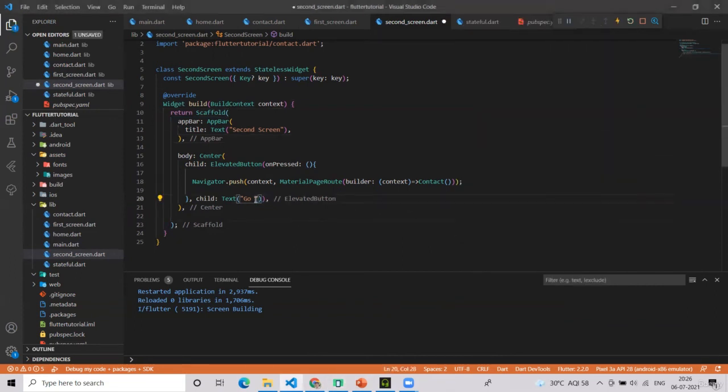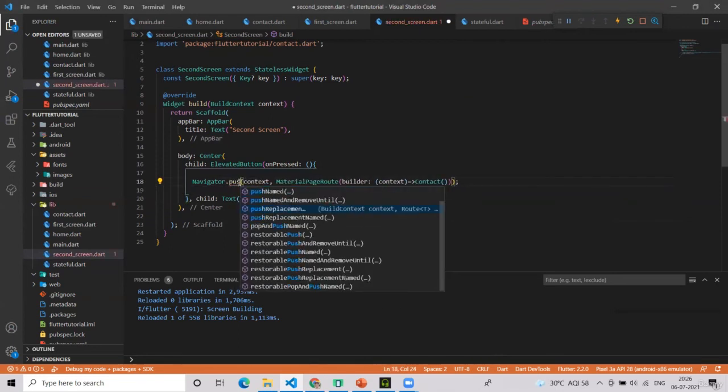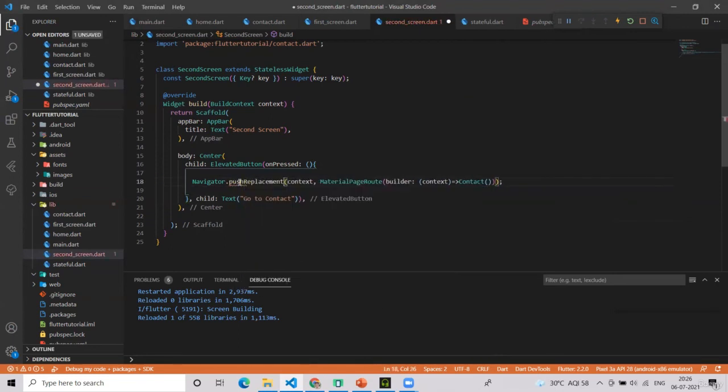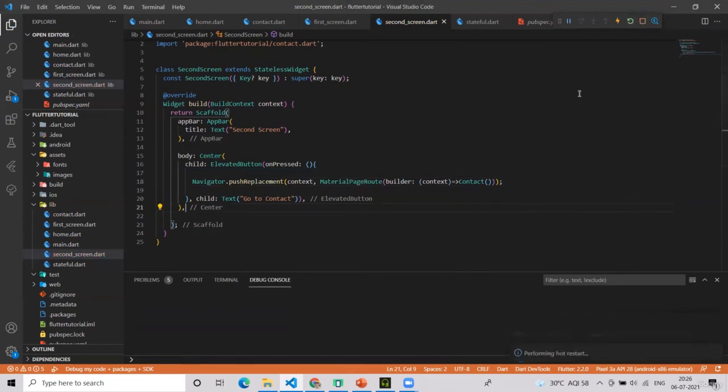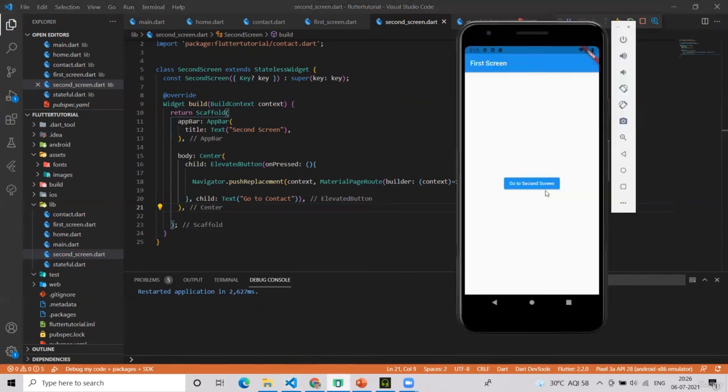But suppose from the second screen, I will use push replacement. Now, what will happen? It's very interesting to see. From the first screen, when I go to the second screen, we have two screens in the stack.